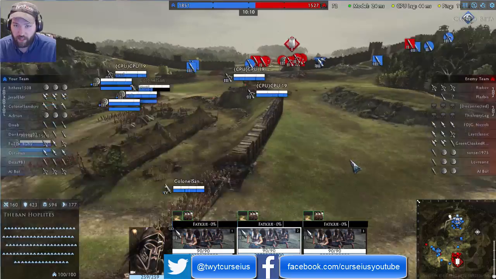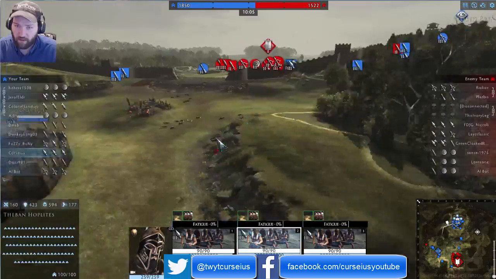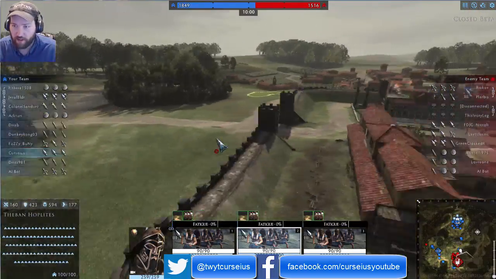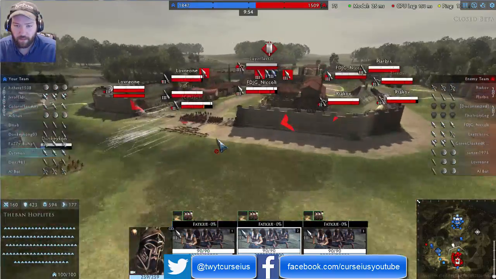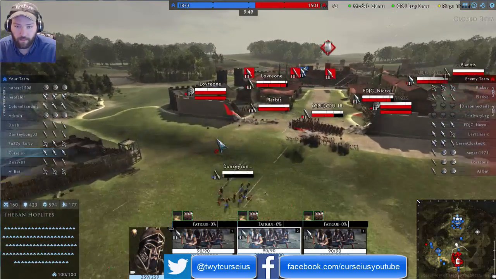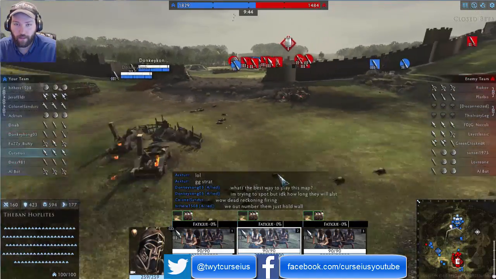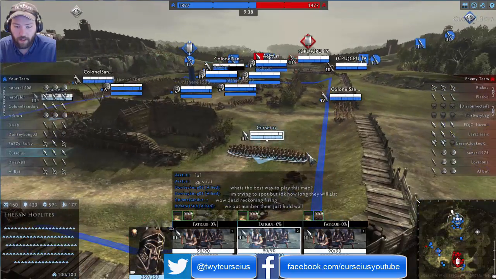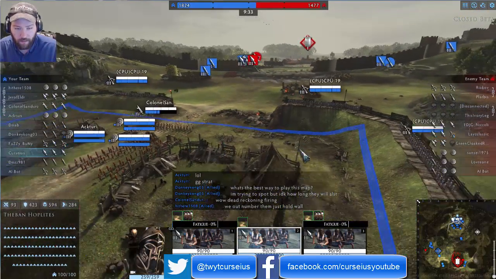Okay, one of our cavalry is still trying to spot. How many cavalry do we have? Oh, it looks like just one unit of cavalry. That's not good. Or one legion of cavalry. So... Oop. I'm going to have to try and get...